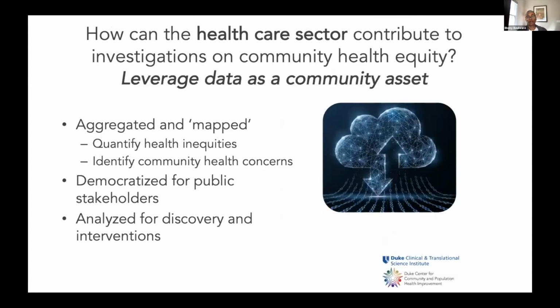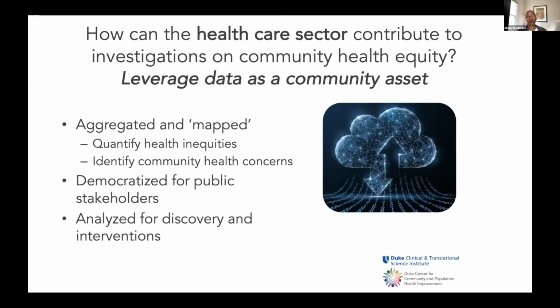I'm going to talk a little bit about some work that we've been doing to map data in the healthcare sector to contribute to community health equity efforts. We're working our way towards conditions of aging here at Duke, but I want to talk about the way that health system data can be used not only as a community asset, but also an asset for discovery for investigators. When individuals go and receive healthcare, data is generated, including information about where they live. So it's relevant to developing these maps.